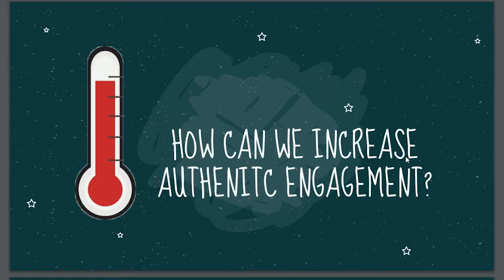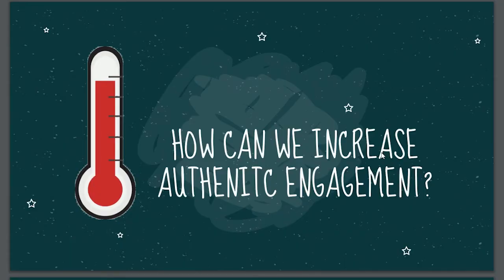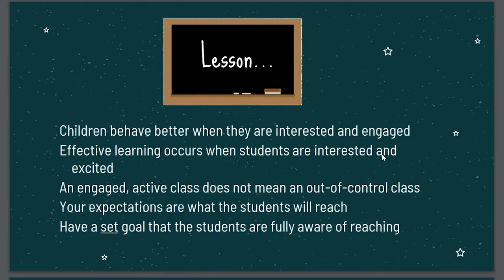All right, so if we look at all those different 5 levels of engagement, then the bigger question is, how can we increase authentic engagement? Because that's the characteristic that we would love to see the most in students. And so I'm going to address some of those components. All right, so here's the biggest thing here, and very often intellectually we know this, but we don't always understand it in terms of how to apply.